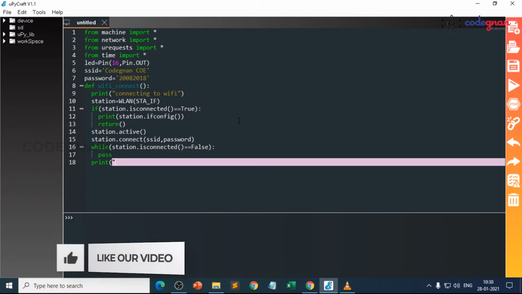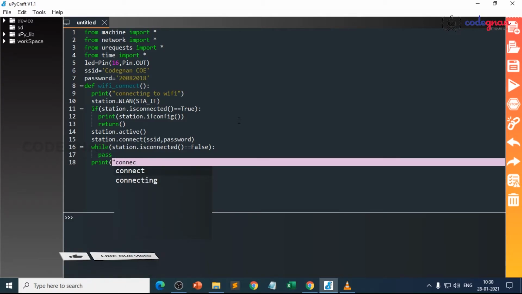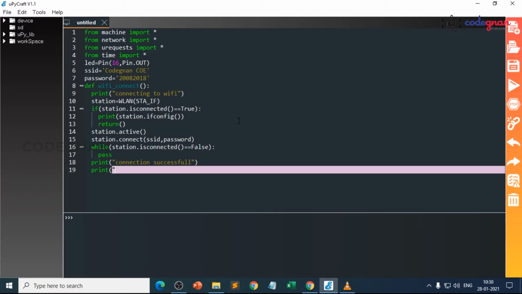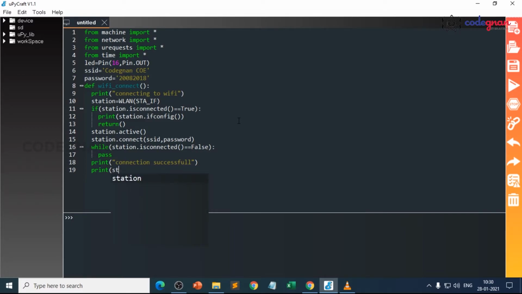So for our understanding, print connection successful, and then print Wi-Fi configurations like station dot ifconfig.